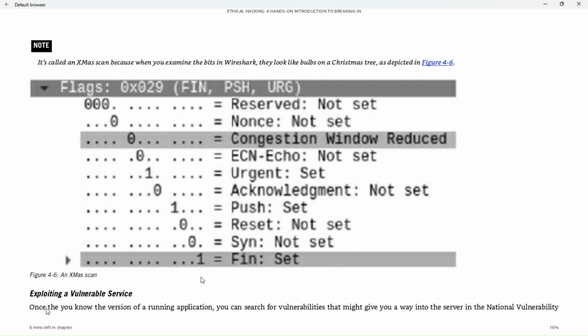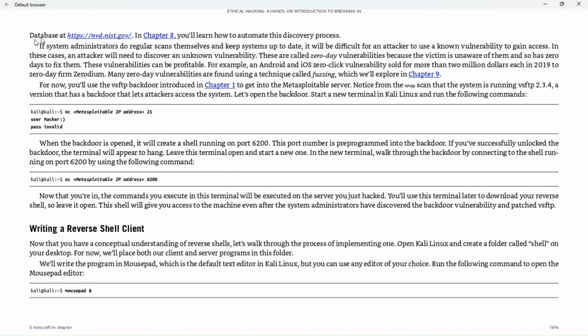So this is the most important part. Well, I mean, it's not the most important, but this is the part I was talking about, how we're going to gain entry into the server. Exploiting the vulnerable services. Once you know the version of the running application, you can search for vulnerabilities that might give you into the server in the National Vulnerability Database at HTTPS. Now you should pause it and get that if you don't have the book. Type that in,